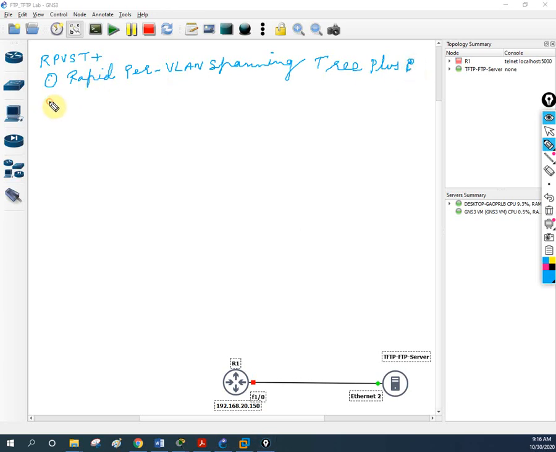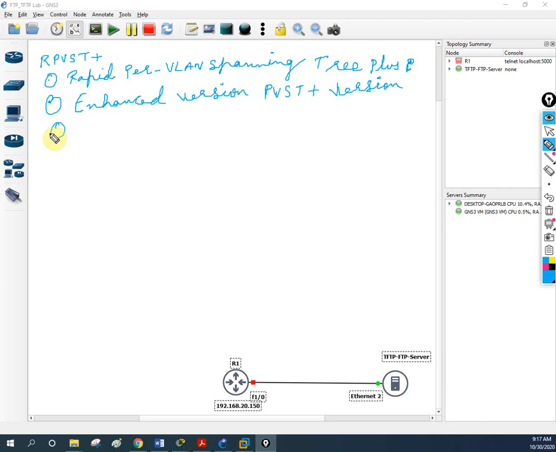If you go to the second point, we can say this is an enhanced version of PVST plus. Let me write in shortcut, instead of writing everything: enhanced version of PVST plus, because PVST plus is taking a long time, so this is the enhanced version of PVST plus to reduce the convergence time.